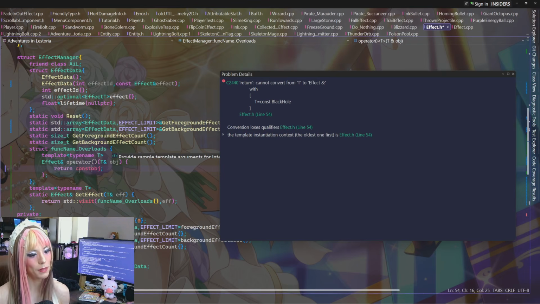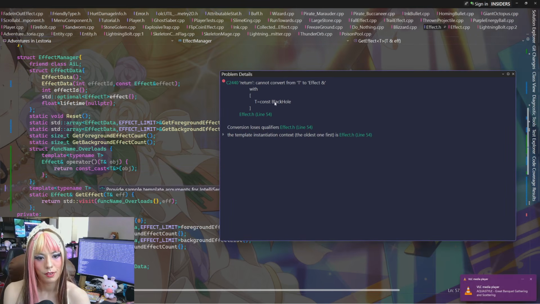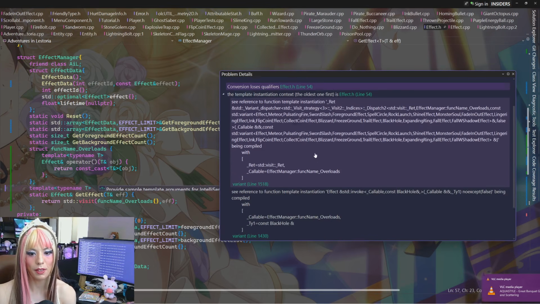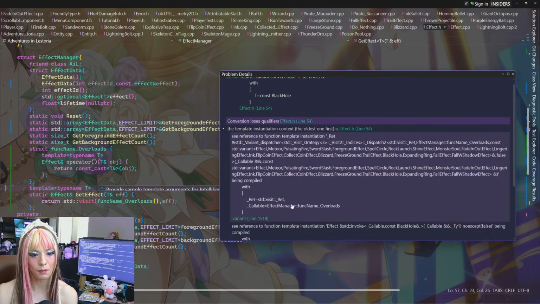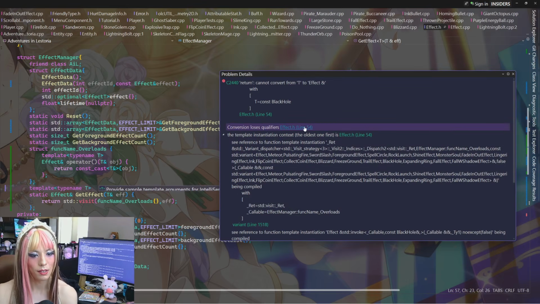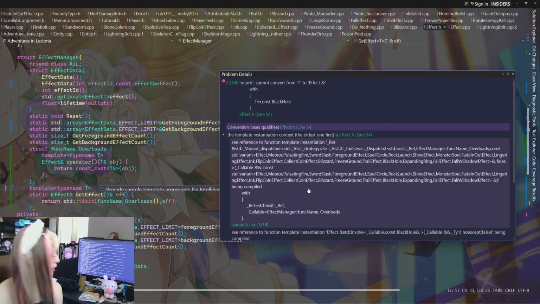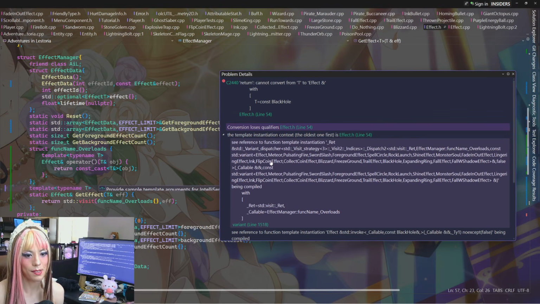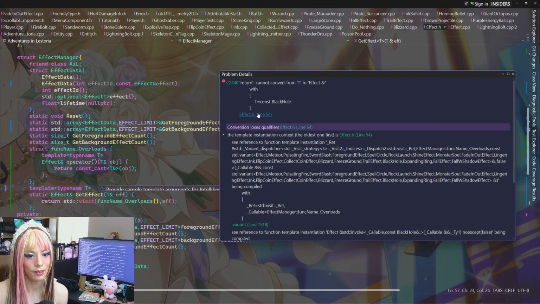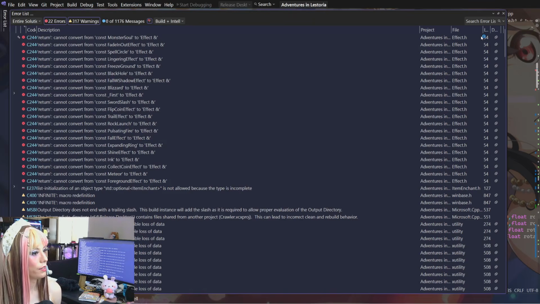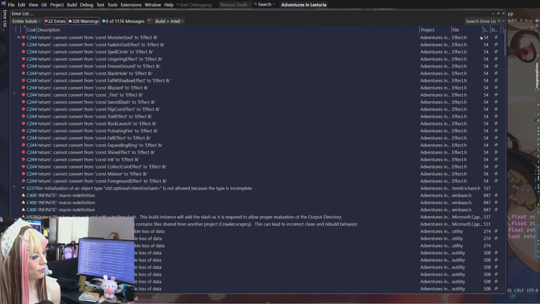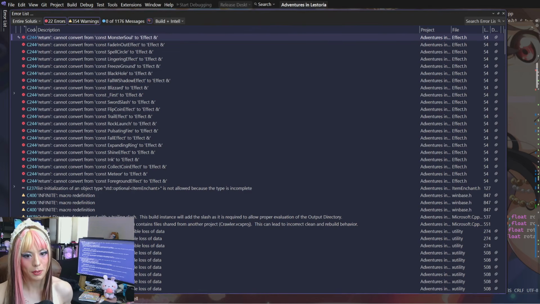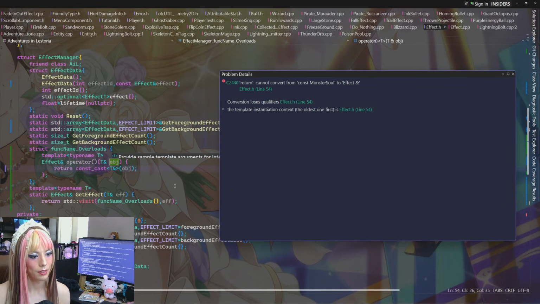I don't feel like it should be... This should be an issue, realistically. It's weird that it doesn't say reference either. It just says specifically const black hole. It's not saying where it's coming from either. It just says conversion loses qualifiers. Period. And that's really all it says. And I'm like, well, that doesn't help. Yeah, it's like it's not about the constness. I mean, it says conversion loses qualifiers, but